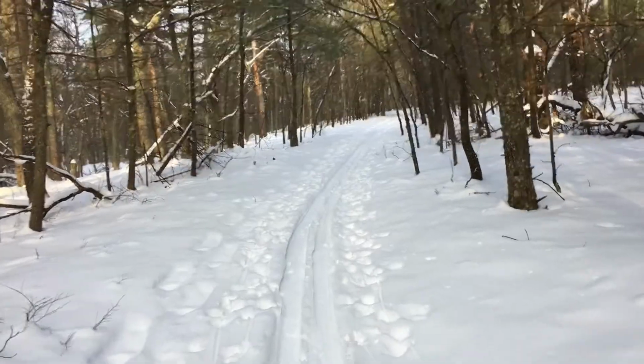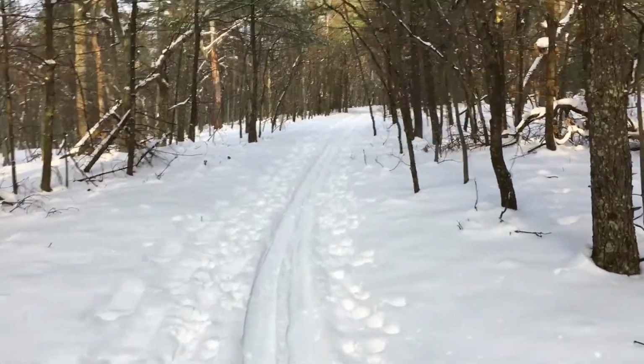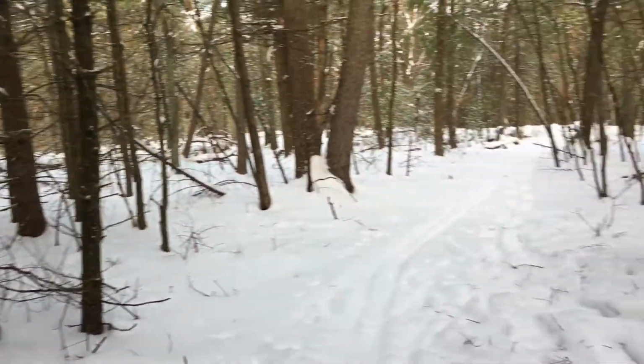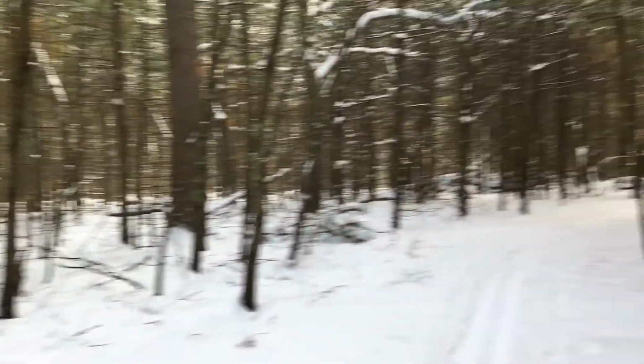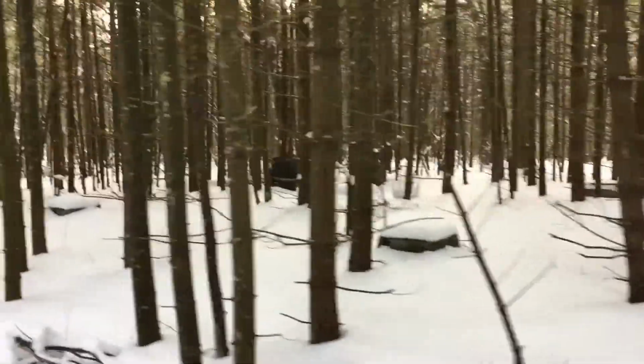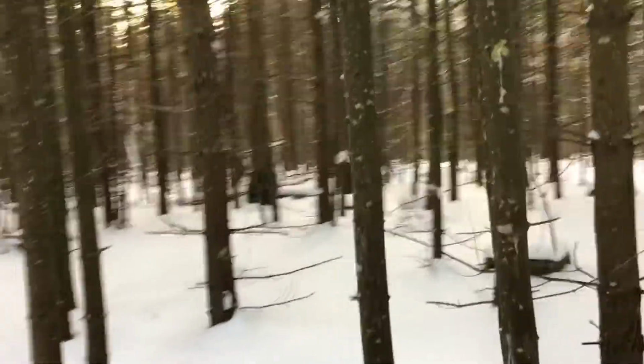So far, the way has been very snowy. Kind of wish I brought snowshoes. I'm just here in boots, but the snow's not that deep. This trail looks like it keeps going, and there's a lot of different directions you can go, but I think this is actually considered the top of the hill,